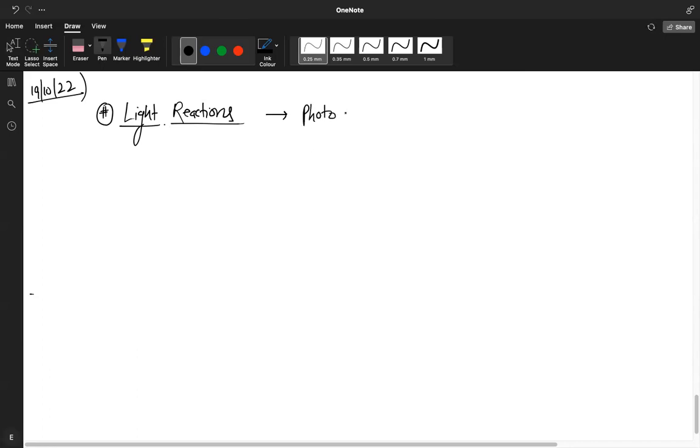The word photo means light, and the chemical part is because the light energy is being converted to chemical energy to make products which are ATP and NADPH. These are called high energy chemical intermediates. So in light reaction, a photochemical reaction happens, as a result of which the plant cell produces ATP and NADPH. Now ATP and NADPH, these two are high energy chemical